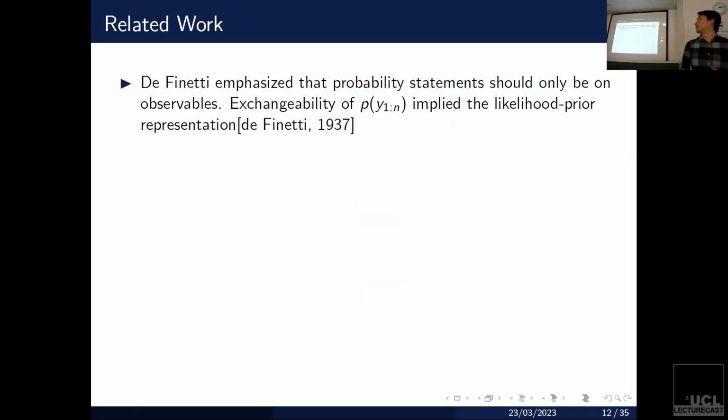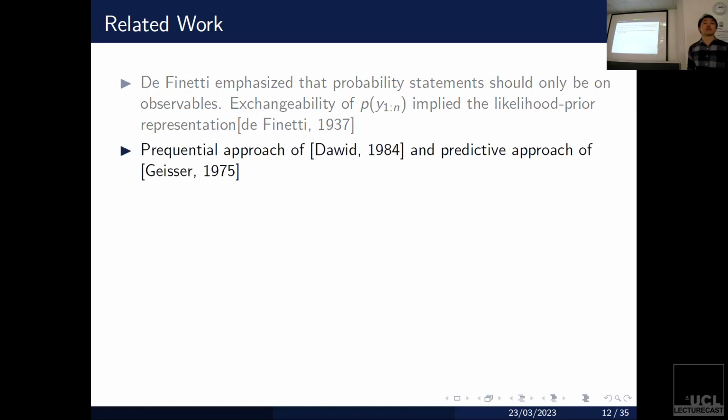There's a lot of related work that's been really elegant and closely connected to these ideas of prediction. Of course, de Finetti's wonderful theorem emphasized that probability statements should only be on observables, and we agree. We think that observables are easy to work with, and these things are verifiable and observable in practice. So y_{n+1}, for example, could actually be observed in practice, but the parameter estimate could not. There's also some really great work done in the 70s and 80s by Dawid and Geisser, which is focusing on the predictive approach of Bayesian inference, essentially treating model evaluation and inference all as a function of predictives and predictors. And what we're doing is essentially taking this one step further. We're arguing that in addition to predicting future data points, it's also important to consider uncertainty in the future populations.